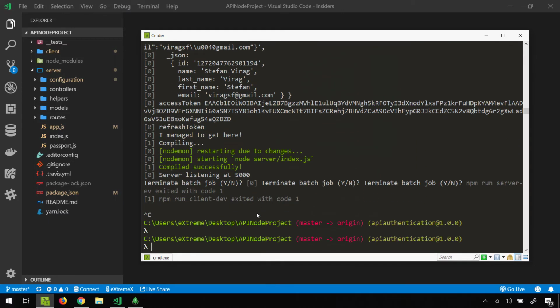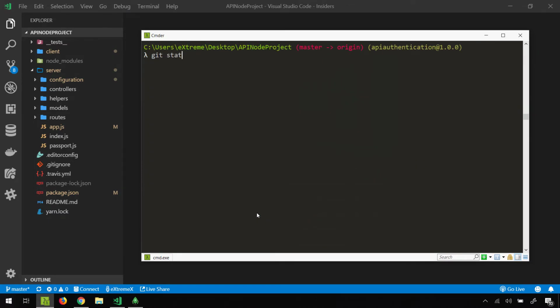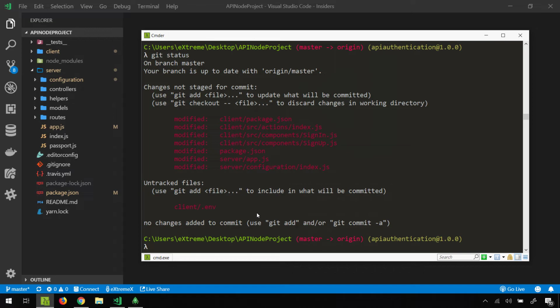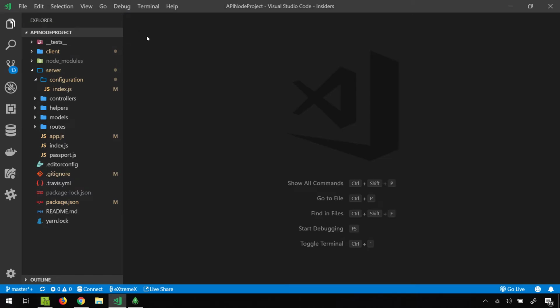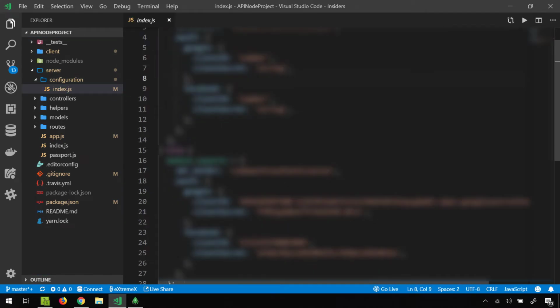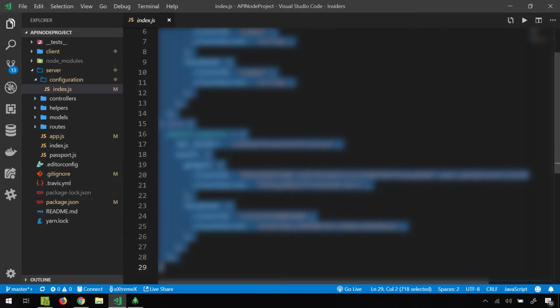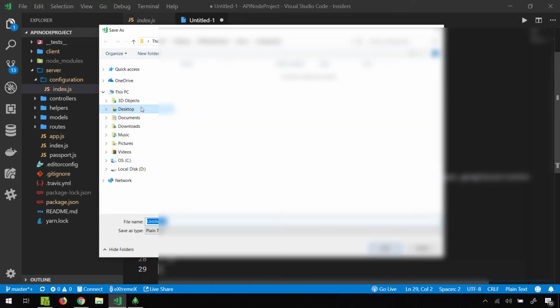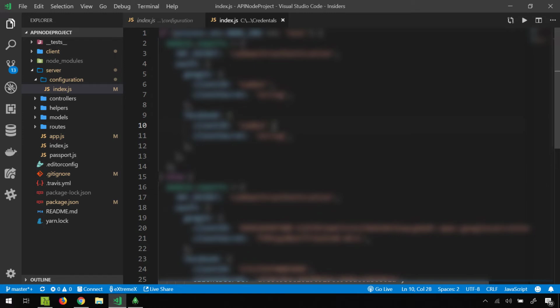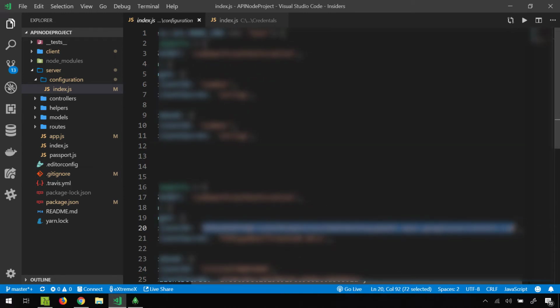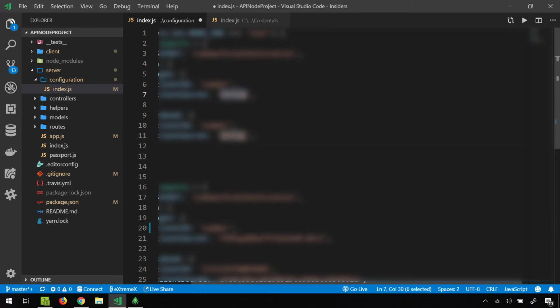So I'm going to close it all. I'm going to close this as well. I'm going to push this to the repo right now. So git add. Okay, so before I can actually push this to the repo, I want to get rid of my credentials. So I'm simply going to save this in a file. Yeah, okay, so I've saved it for myself, and over here I am going to replace everything with placeholder data